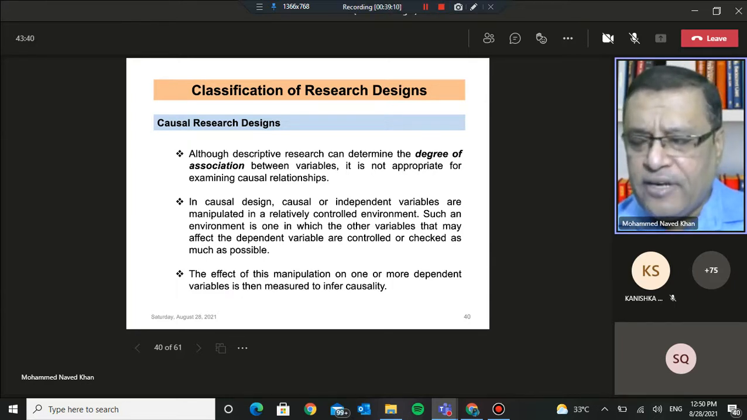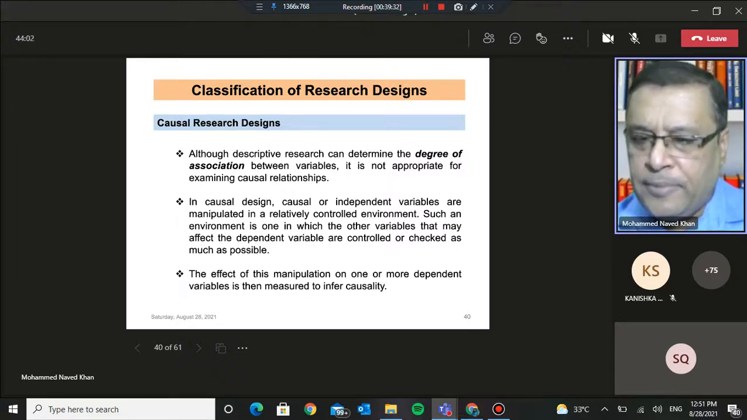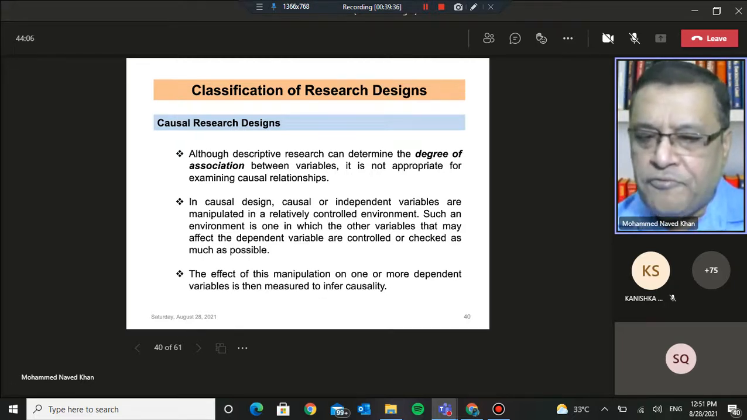See, the descriptive designs, remember, they enable us to explore the association between the variables, but they are not suitable for exploring the causal relationship between the variables. I'm repeating. Descriptive designs that we were considering are suitable for determining the degree of association between the variables of interest. But if you are interested in determining the causal relationship, in that case, we have to go for causal research